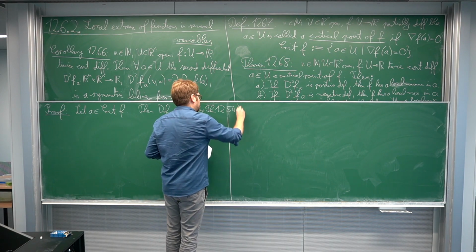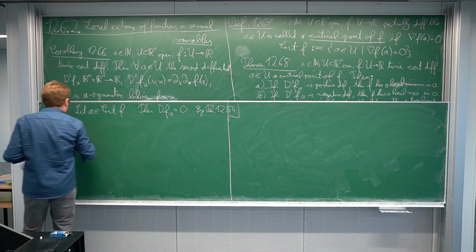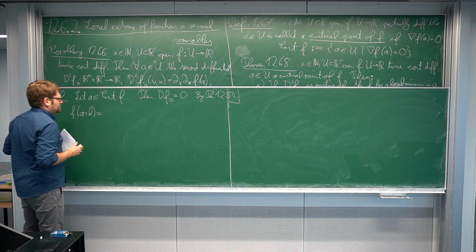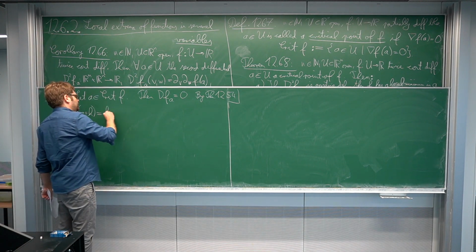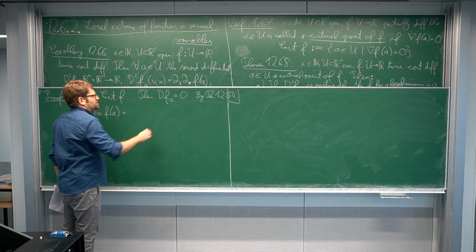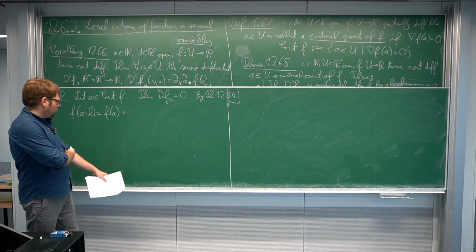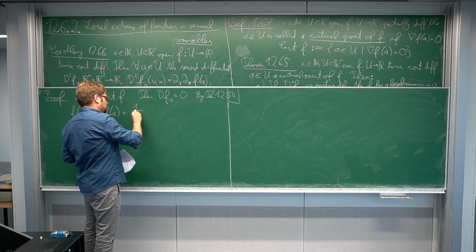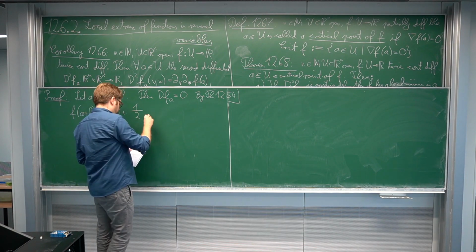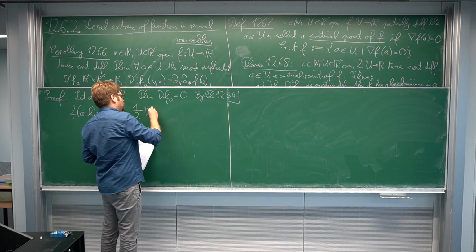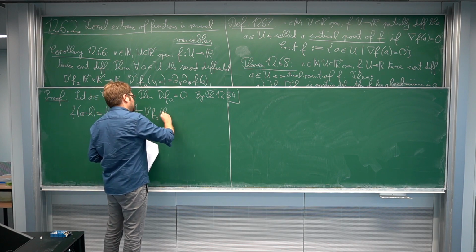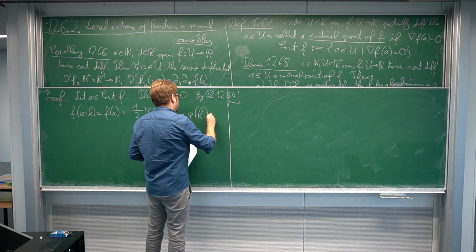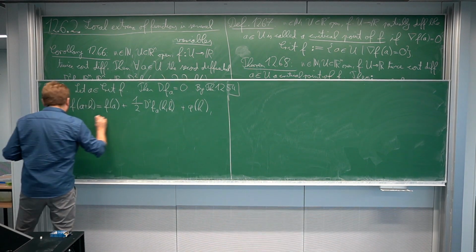1254, we know that f of a plus h, and now let's write down the second Taylor polynomial. So we start with f of a plus something depending on the first derivative, which is 0. So this doesn't occur here, and then we have the part of the second derivative, 1 over 2 factorial, which is just 1 over 2. And then we get d2f at the point a evaluated in h, plus some map phi of h, where